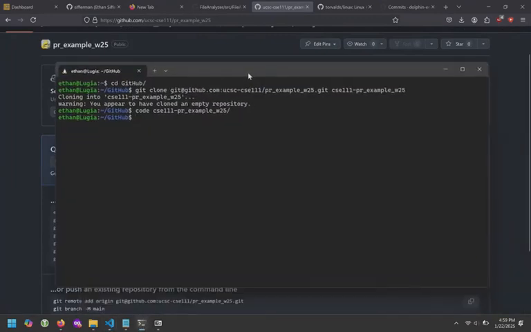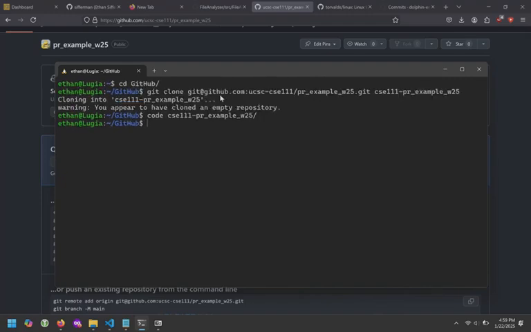Okay, so this is the command I ran: git clone. This is how you fetch the Git repository. Then I opened this repository in VS Code. If any of you are using Windows, I highly recommend only opening VS Code from the terminal. This is how I open VS Code: I type in code, and then the directory name of whatever I'm trying to open. So I ran this, and now I have VS Code